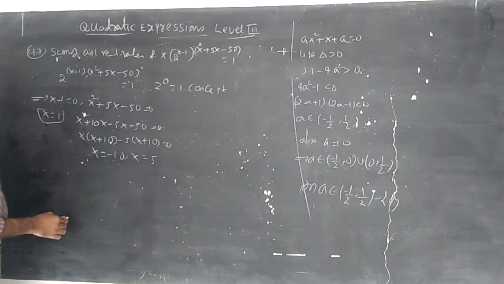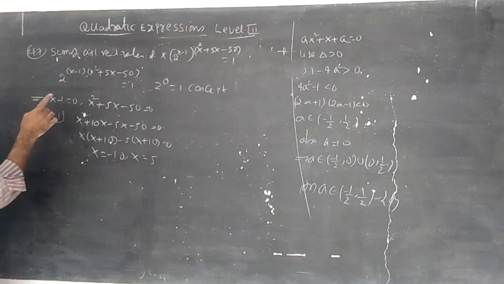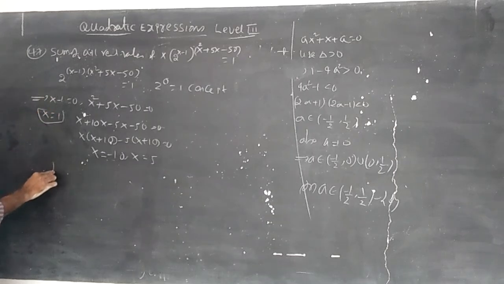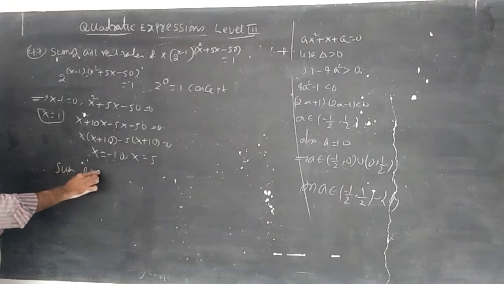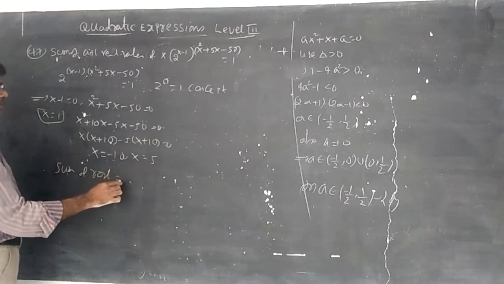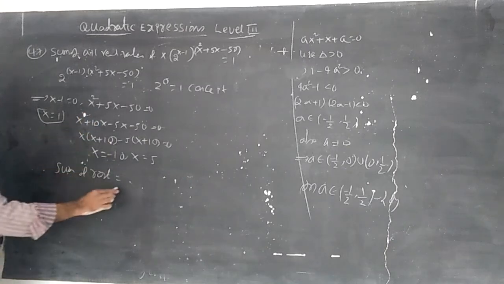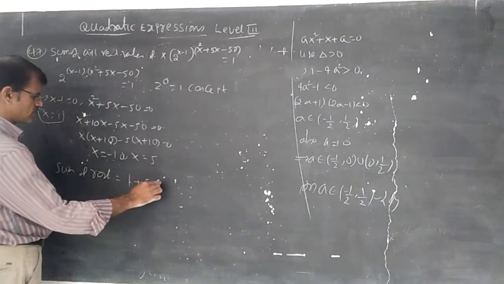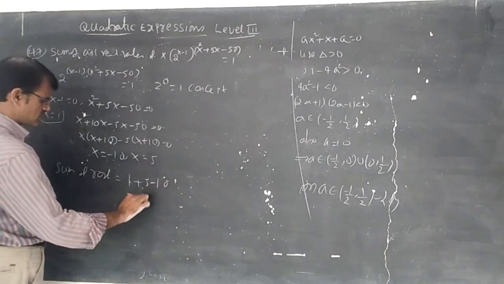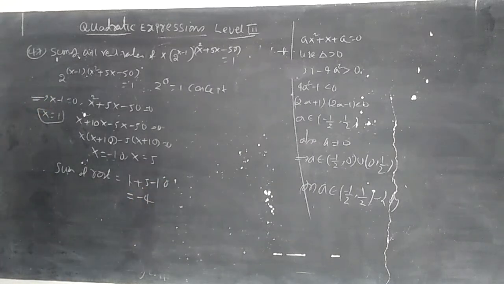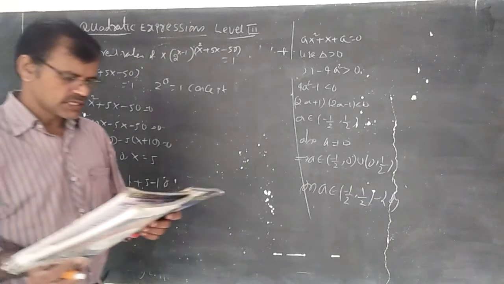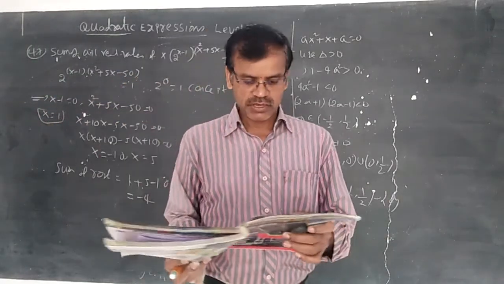This is even into even, so let us write the sum of roots. 2 power even is not possible here; only this is possible. So 1 plus 5 minus 10 is minus 4. Minus 4 is the answer. For 47 in the old material, the third option, minus 4, is given.